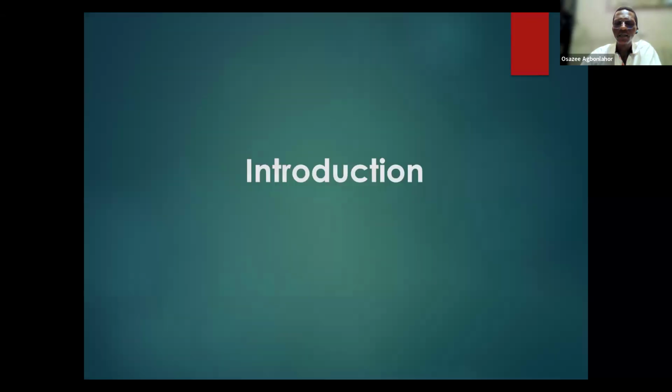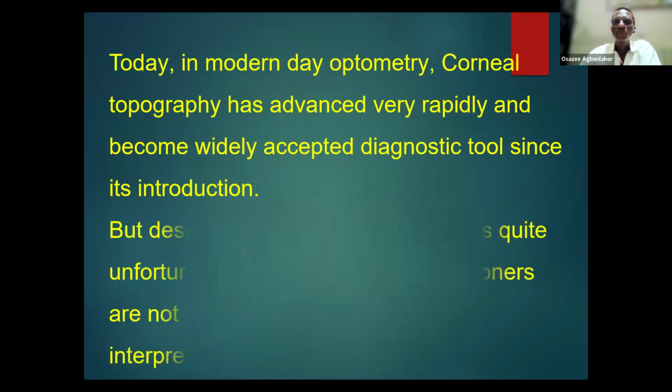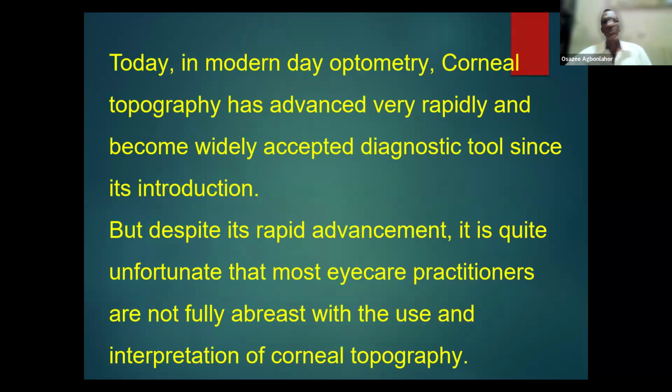CTS, just like we know, is a short form for Corneal Topography System. It's one of those systems that we as optometrists should have as far as it concerns the diagnosis of some of the corneal diseases, particularly corneal ectasias. We may not find it very common because, just like I said earlier, maybe the skill to diagnose some of these corneal ectasias may not be there, or we may